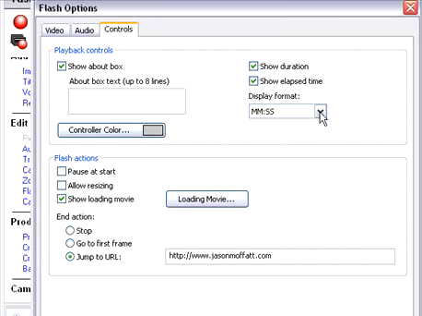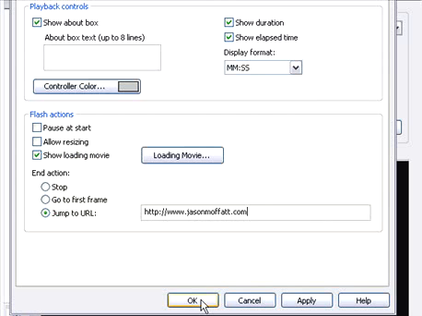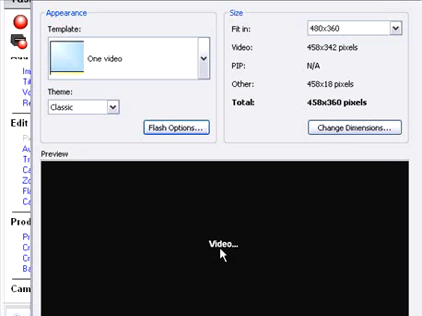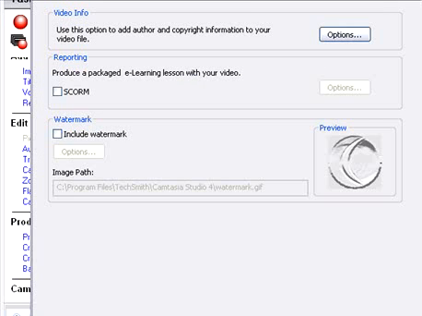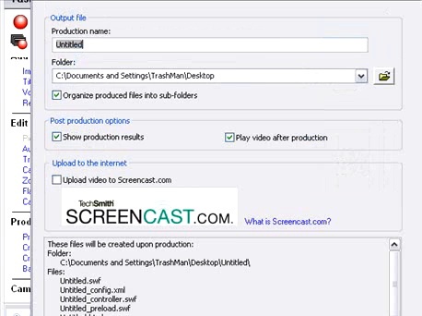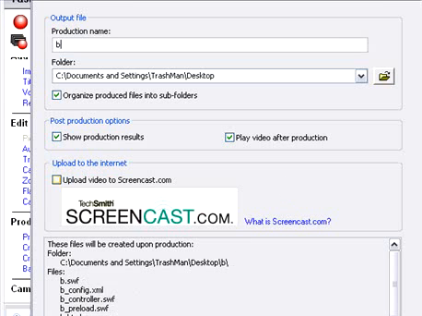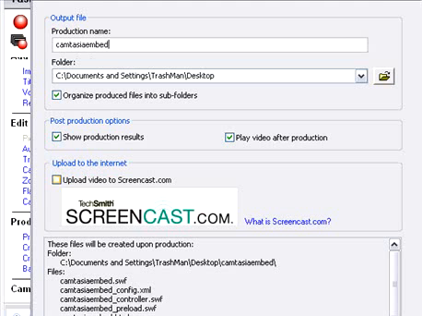We click OK. And I click next on the bottom here. And I don't touch anything on this page, so I click next as well. And we need to name it something on the desktop. Let's name this Camtasia Embed, and I click finish on the bottom,